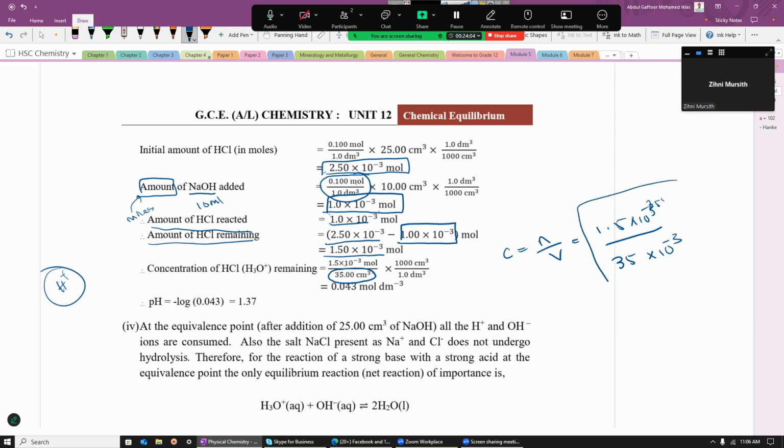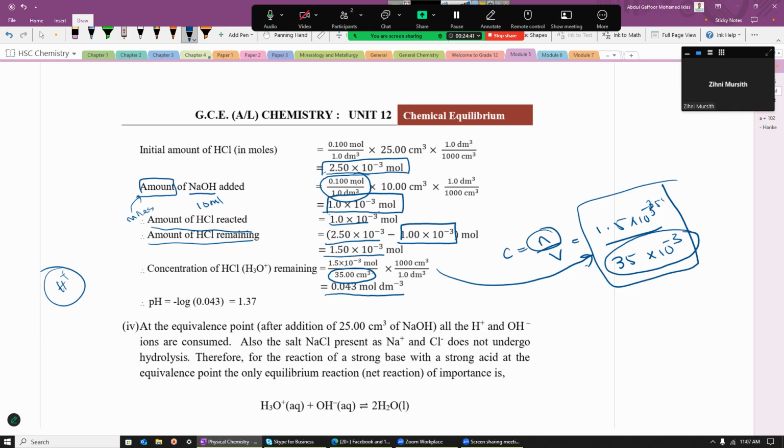So this is how we have to write it down according to our convenience, but they have written it differently, right? So this is similar to this. You can understand, this is similar to this, right? So this is the moles of the HCl, and this is the volume of the entire solution including the NaOH, right? In NaOH also we have water, so the volume has changed, and if you simplify this it will become like this. So the concentration of HCl is 0.043 mole per decimeter cubed, and if the concentration of HCl is 0.043